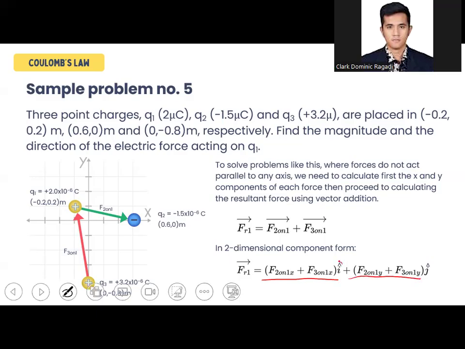So what are these symbols? These symbols, i hat and j hat, are actually unit vectors. Unit vectors represent a certain direction in your vector. So i hat represents the x direction, and j hat represents the y direction. If you have a third dimension, the z axis, that would be represented by k hat. Again, i hat represents the x direction, j hat represents our y direction, and k hat, if ever there's a need to use it, represents our z direction.